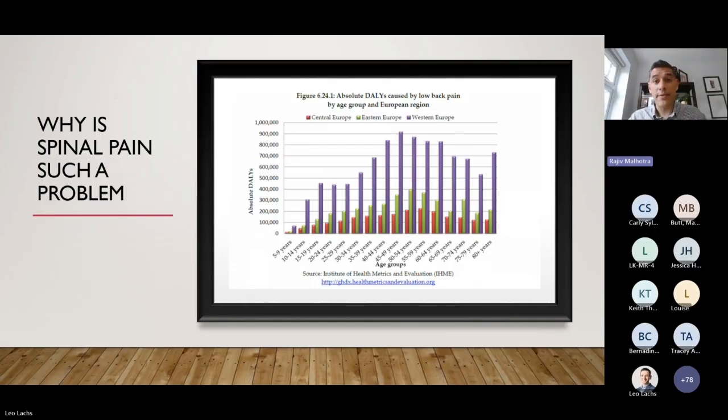What's even more interesting is that if you look at studies, the amount of degeneration or the incidence of degeneration on spines hasn't increased anywhere near the rate that the disability has. So it's not as if just more people are having degeneration or pathology on scans needing more surgery. It really is that back pain has persisted, but it's just becoming more symptomatic and more disabling, particularly in Western Europe. So when one assesses patients with back pain, it's important to remember that a biopsychosocial approach is crucial, because that